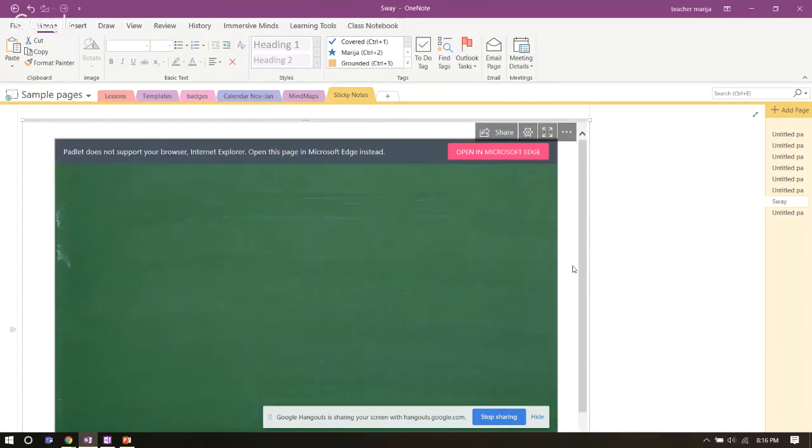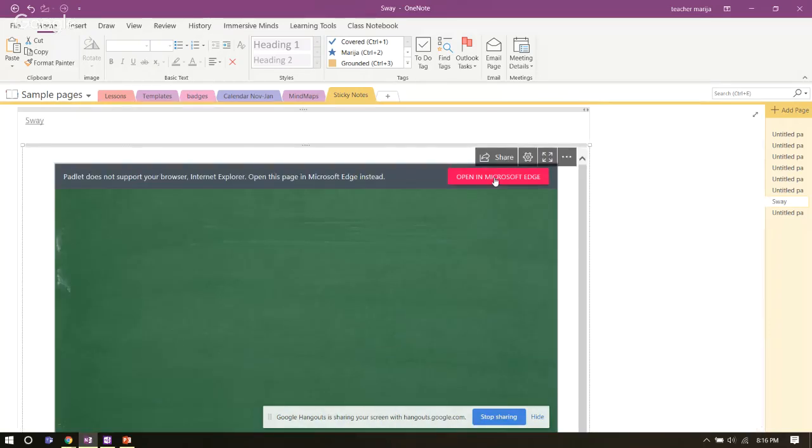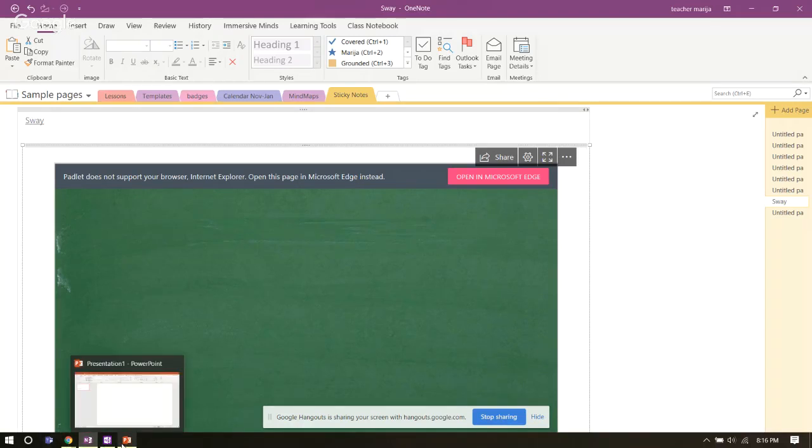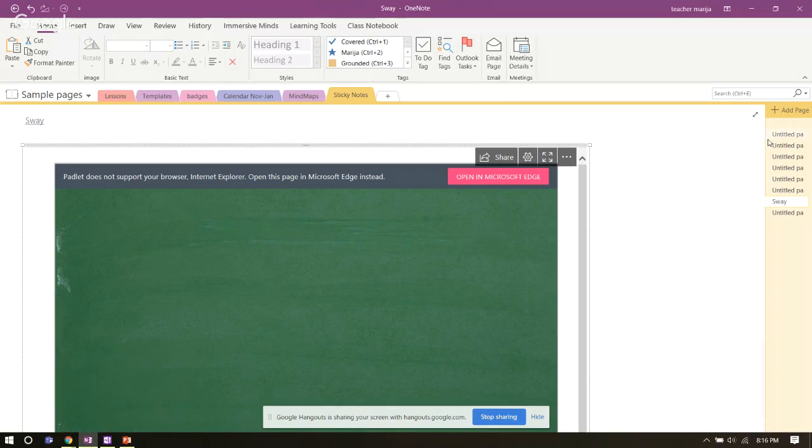It used to be that there was a possibility for you to actually fill in this Padlet right into OneNote without leaving the OneNote page. But as I see, you have to now open it in Edge so that you can fill it in. But that's okay. Now let's go back to sticky notes with